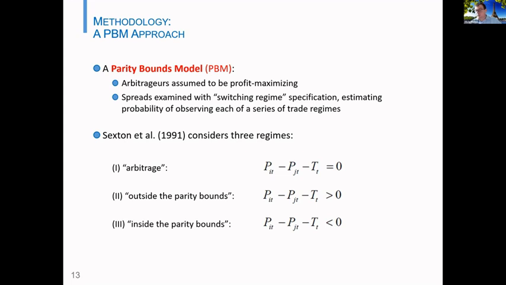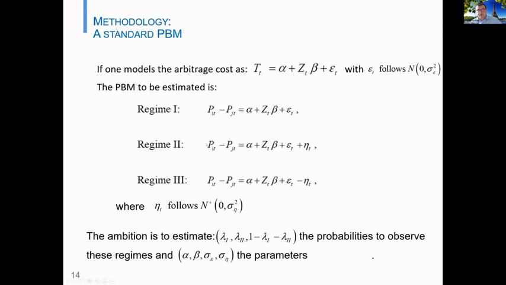Or inside the parity bound, meaning that the spatial price spread is too low to justify an arbitrage between the two markets. And so we're going to test whether these parity bounds hold or not by measuring the probability of observing the various regimes: regime one at the parity bound, upper than the parity bound, and below. We posit that the spatial price spread can be explained by external variables, including a constant or trend, and of course, if we have regime one, we should have the spatial price spread being equal to the estimated transportation cost